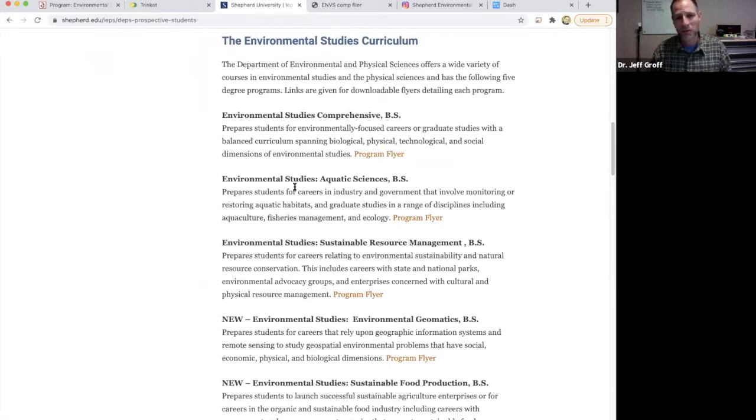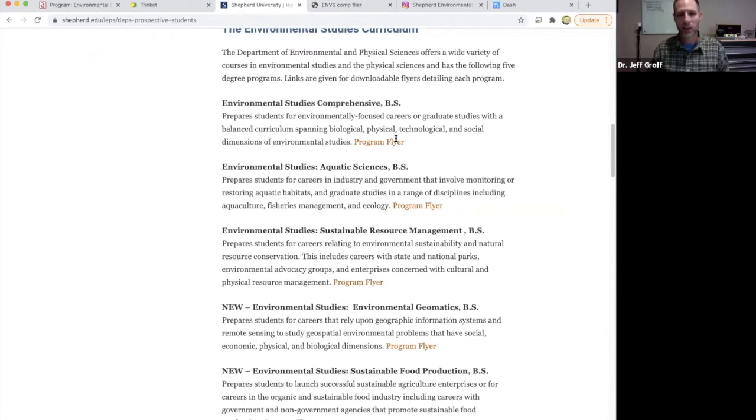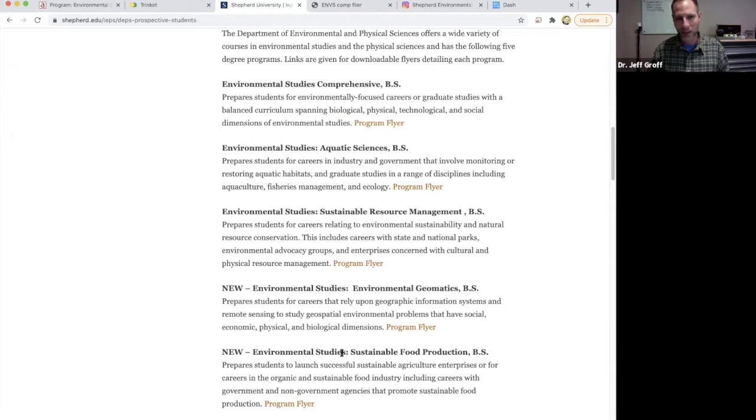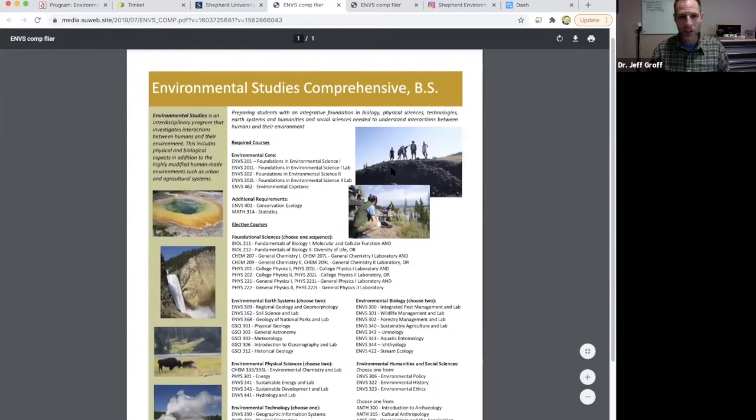But we also have a host of what are called concentrations. And really this is a lot to do with individual preference. Students who might have an interest in pursuing a career in, let's say, the Park Service, they might feel compelled or drawn to our concentration in sustainable resource management. But what I've done is for each of these academic programs, created a program flyer that goes along with it. And so if you click the flyer, it's a summary